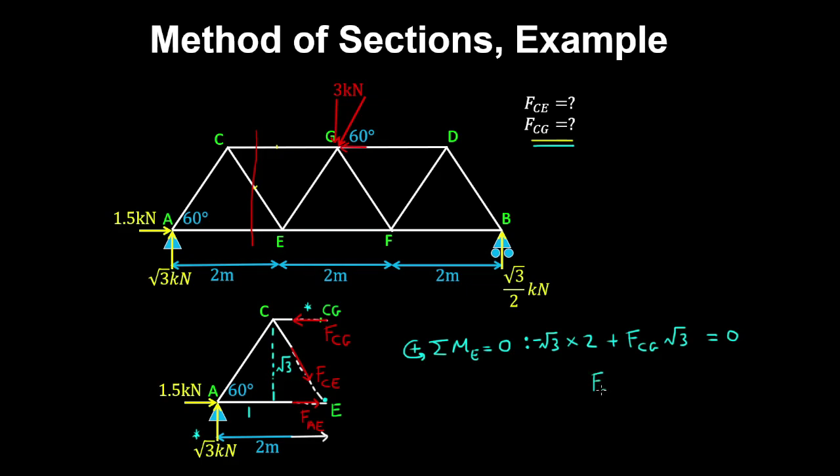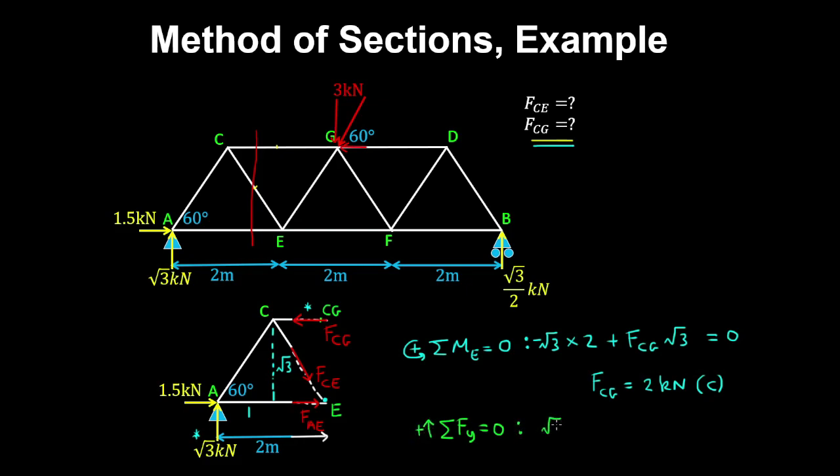So therefore the force in member CG is 2 kilonewtons. And a positive result means we got the direction right, so therefore this member is in compression. And now if we take a vertical sum of forces, with upwards being positive,